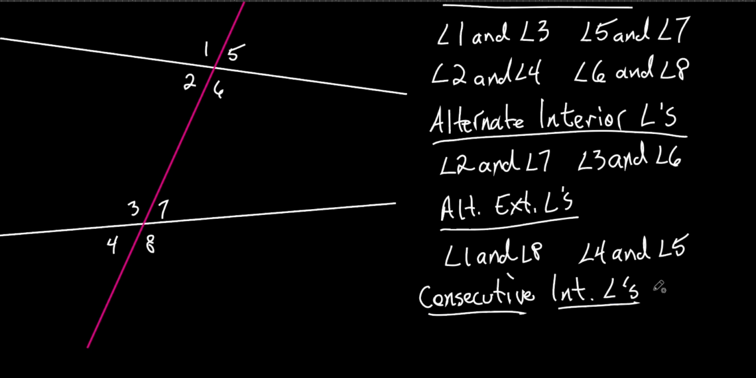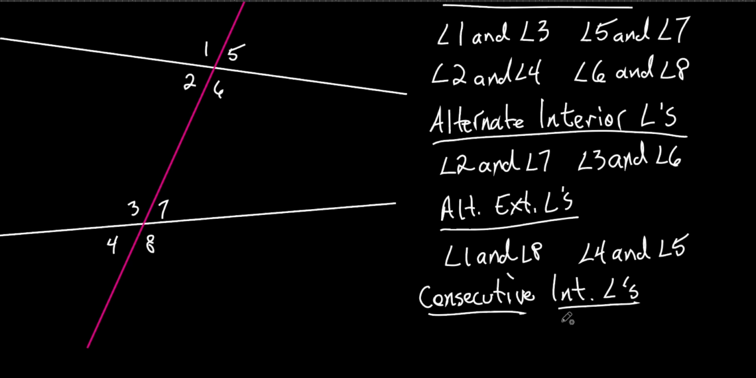Consecutive interior angles. Now, first of all, we're talking about the interior angles. So what are my choices? I have 4 choices for my interior angles. We already said this earlier. 2, 6, 3, and 7 are my interior angles. All right? Now, what in the world does it mean to be consecutive interior angles? Well, it means basically